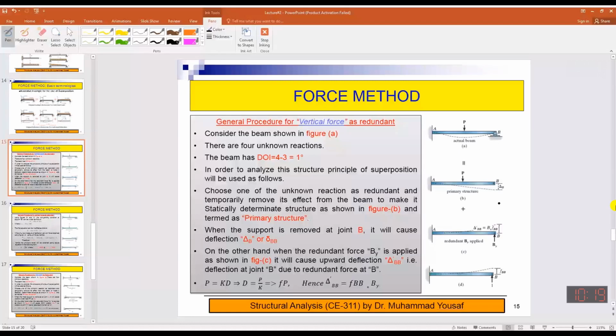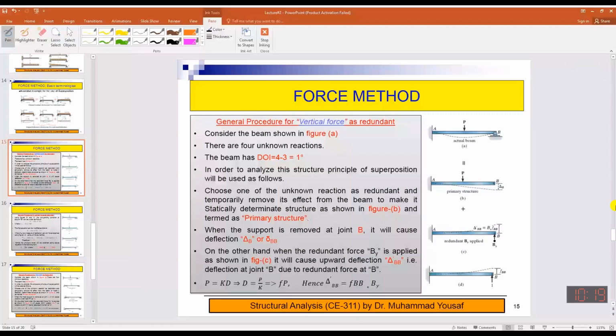what will be the situation? This will be the primary structure, so this is determinate. And what will you do? At that point where you are interested in finding the reaction, the redundant, over there you will be finding the deflection. This is delta B, and you will be applying the redundant force downward or upward, any direction that can be assumed, arbitrarily chosen, and at the end you will see that